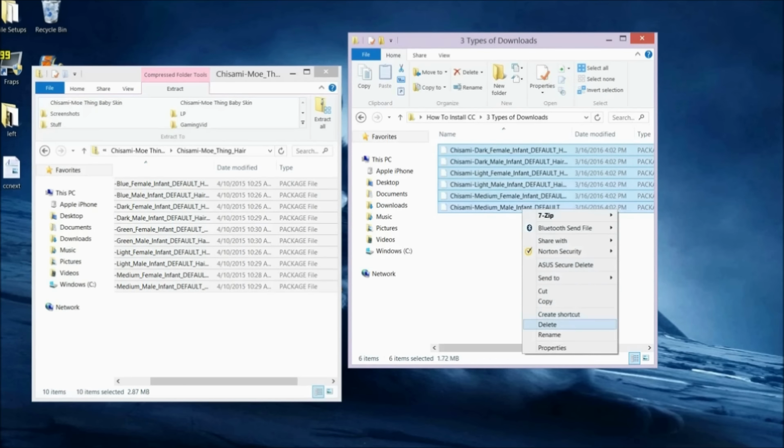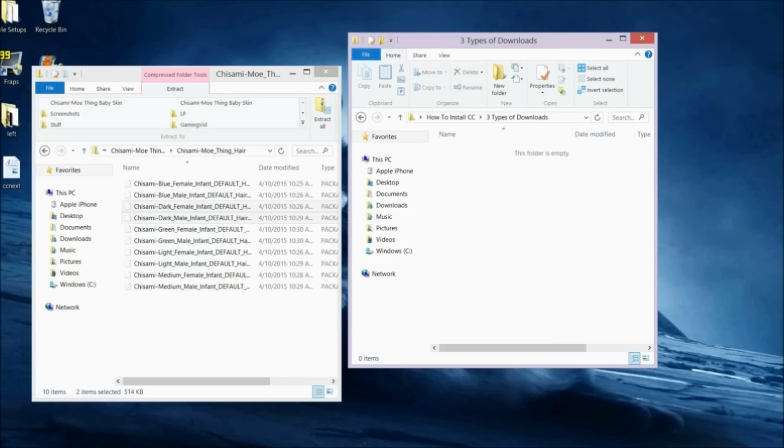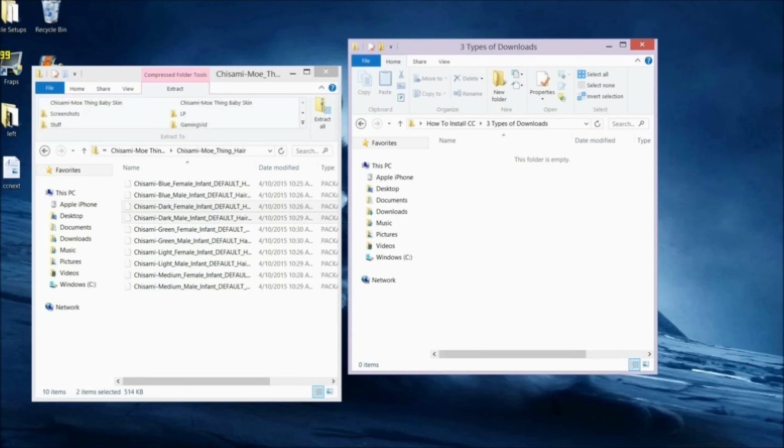I want to show you guys a scenario that could be taken or could be done incorrectly. So let's say that I had twins in my game. One was a female and one was a male, and they were both light skinned. So I would go ahead and look for the light skin label over here. So I want my light skinned female to have hair, so I'm just going to grab this Shazami light female